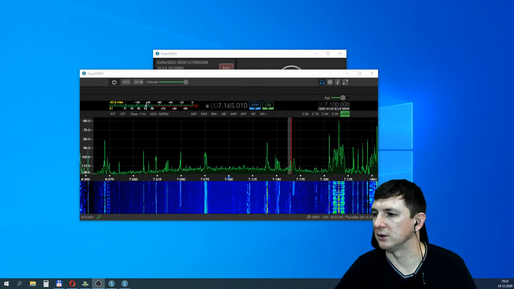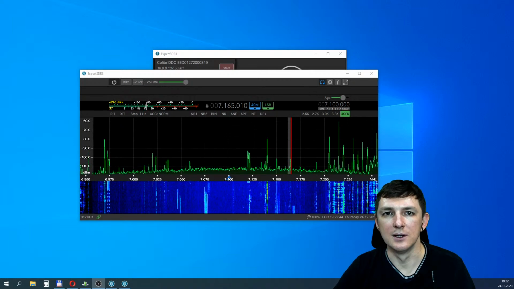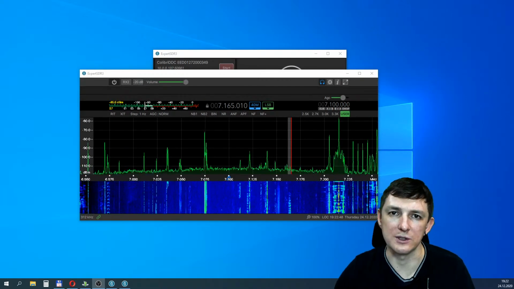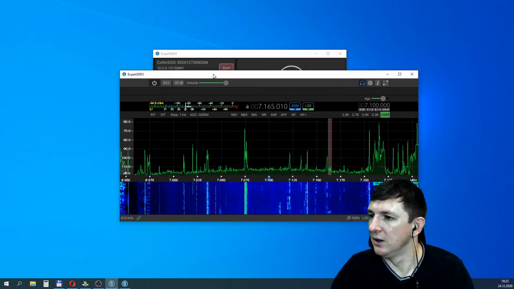It's not comfortable. In Expert SDR3 it will work under one software, in one window, Expert SDR3. It's interesting.